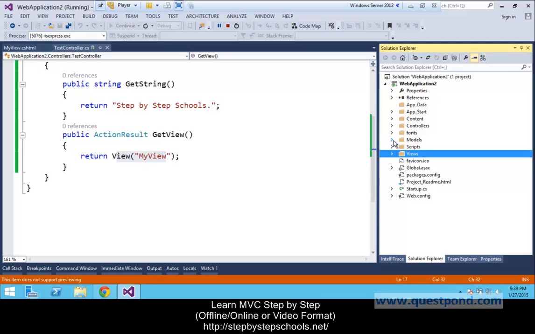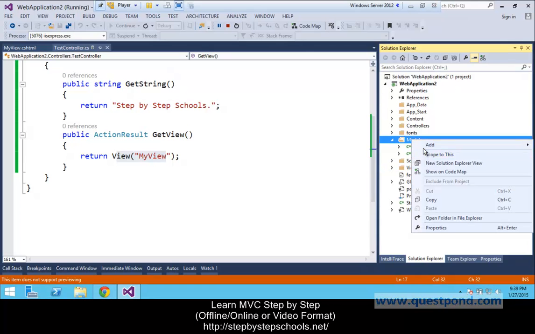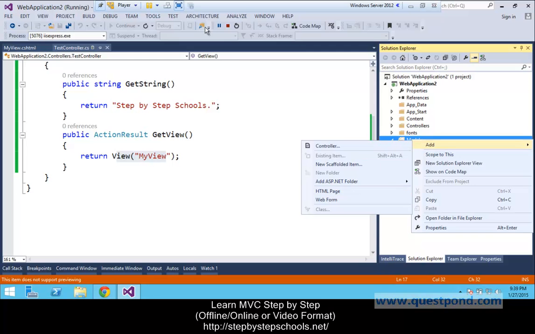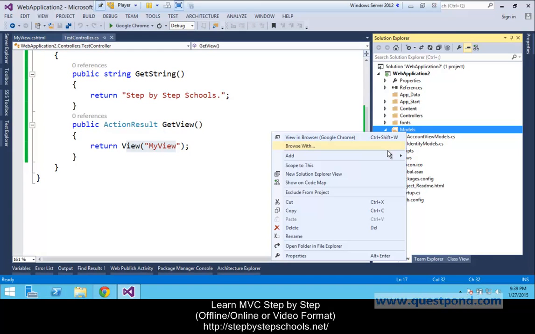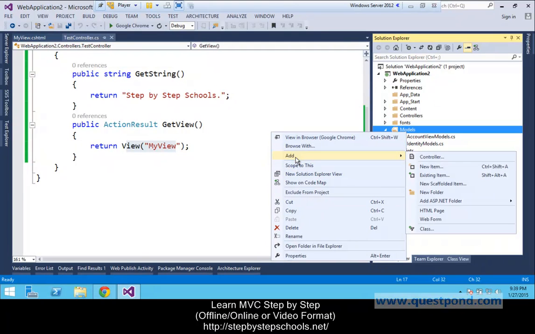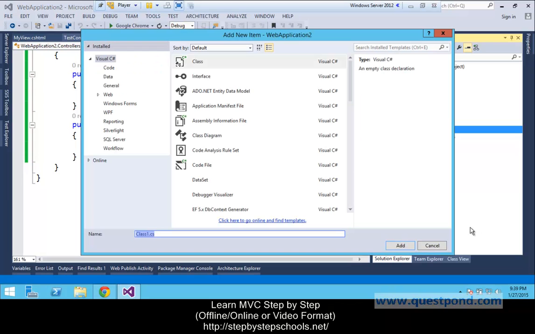So we'll create models inside this models folder, but in a real-time scenario, this model will be placed in a separate class library in the same solution or maybe in some other solution. So for this demo, we'll do it here only. Right click this models, say add new. Oh, we need to stop it first. Right click this models folder, add new class. We will name this class customer